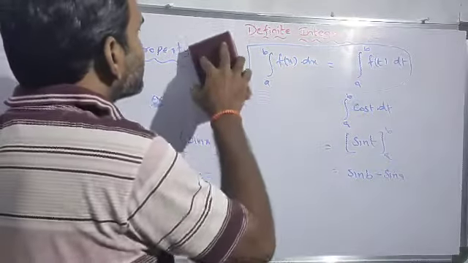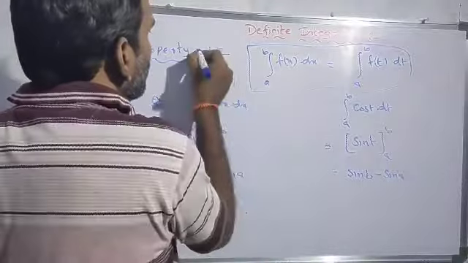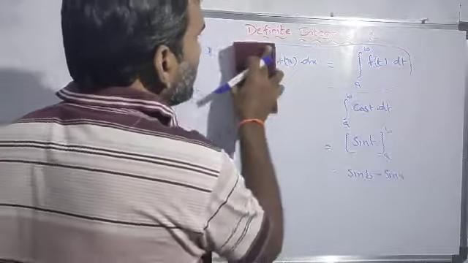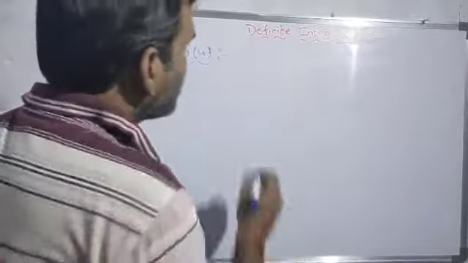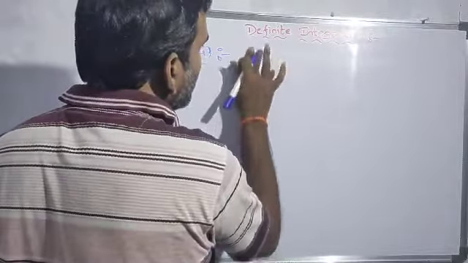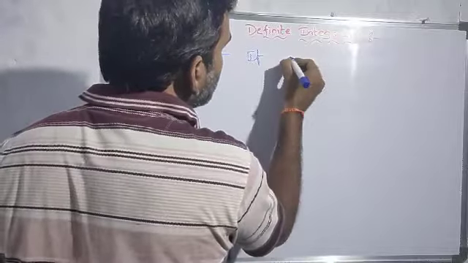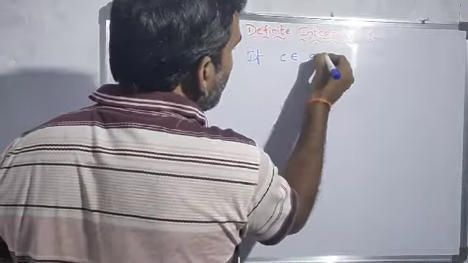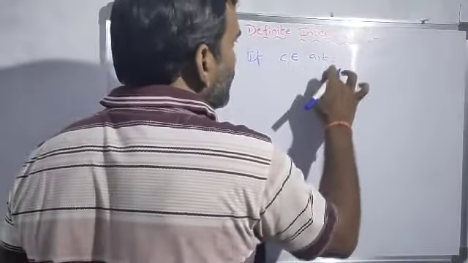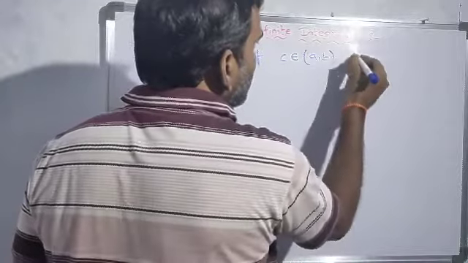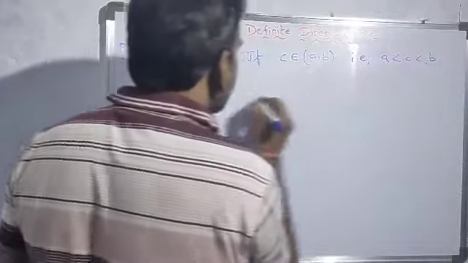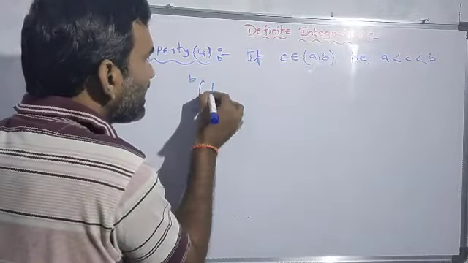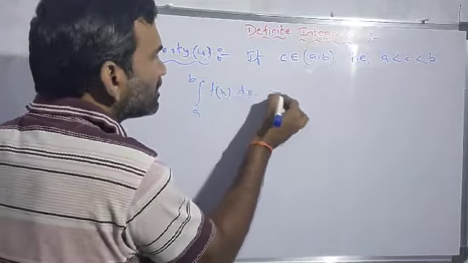Right. Next, property number 4. You just observe here. If c belongs to the open interval a comma b, that means a number c is in between a and b, then the integration from a to b of f of x dx